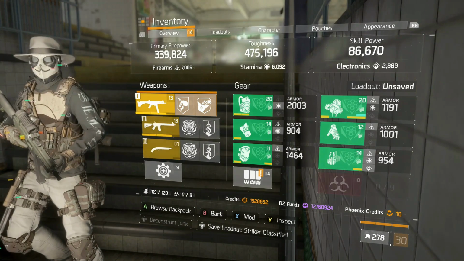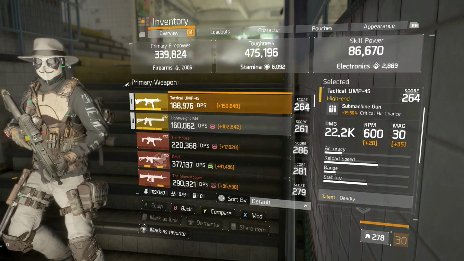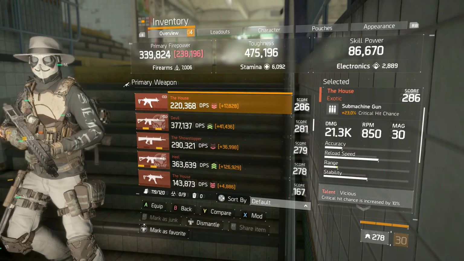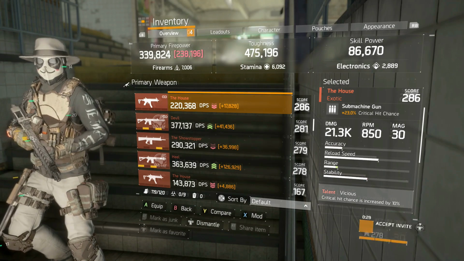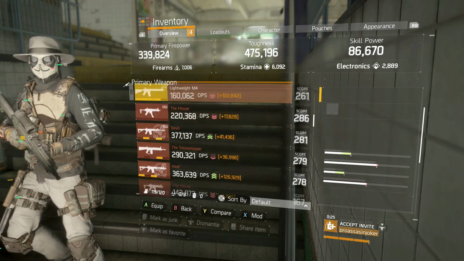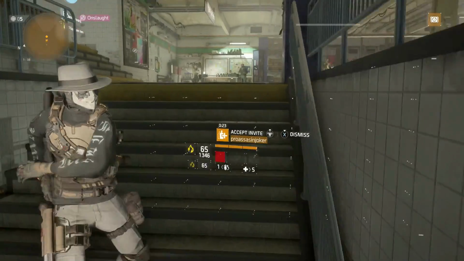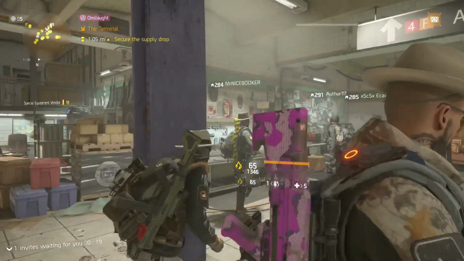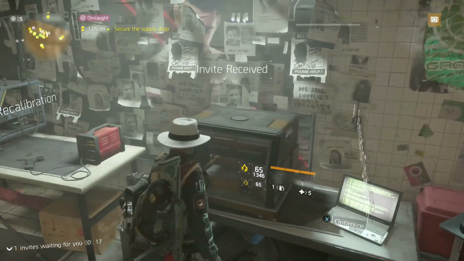So yeah. So anyways, damage is 22.2k. You can see it's not a crazy amount over the House, but it still is nevertheless more powerful than the House. And this is a fully optimized House. This is the lowest version. Like, let me walk over here just so you guys can see, so people will understand how much potential the gun actually has. So if you have a lot of Division Tech to spare, you can see right here